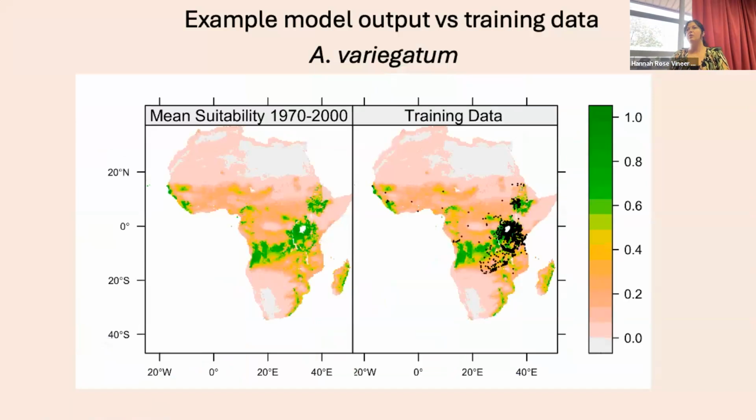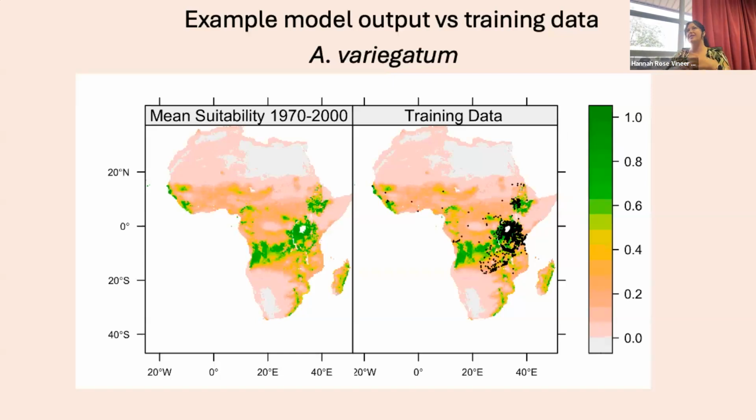So this is an example with Amblyomma variegatum. Green indicates really high climatic suitability for Amblyomma variegatum. Anything with a color indicates some climatic suitability, and white indicates no climatic suitability. You can see down here in Zambia, for example, and Zimbabwe, we're at the lower end of climatic suitability, but there are other